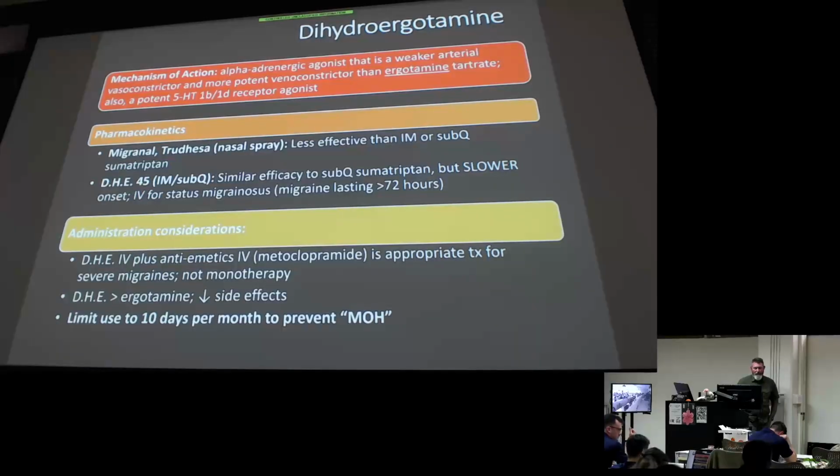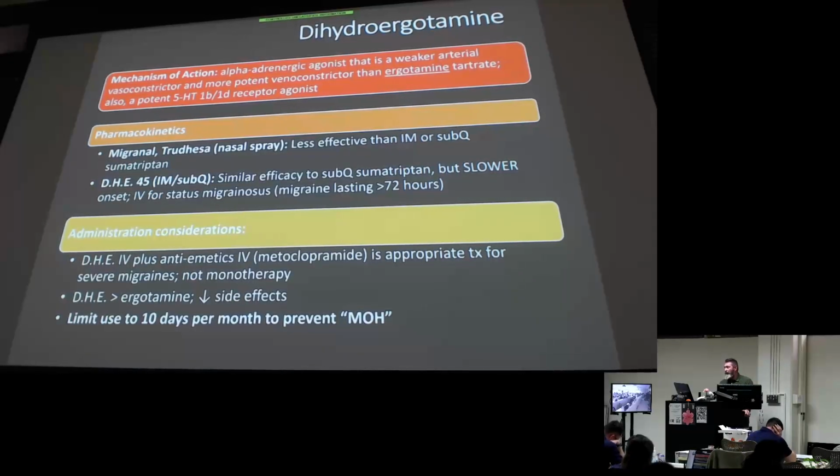So sometimes we will use dihydroergotamine for refractory migraines. They've been around for 72 hours. You will see often in the ER the dihydroergotamine used IV for those migraines that are long lasting, that are not responding to treatment if they're severe. So the term is status migrainosus, right? So it's refractory migraines. So that's really the only utilization I've ever seen with dihydroergotamine.